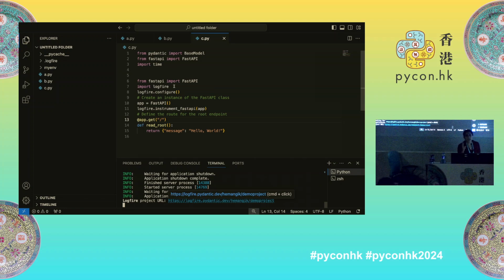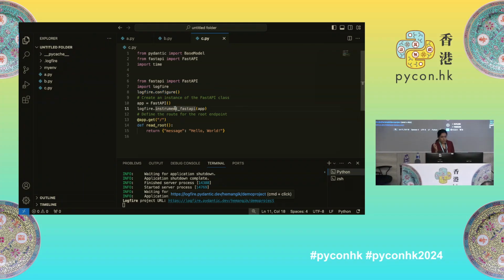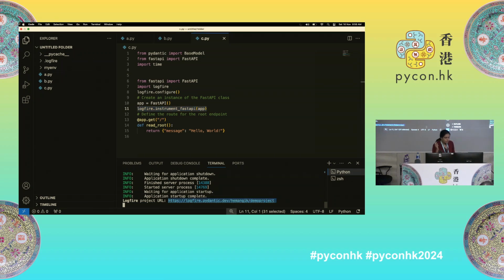Step 2, you'll be redirected to their web UI where you have to create an account. Step 3, simply import on line number 7, import logfire, and initialize it with logfire.configure. There are different parameters that you can add to this logfire.configure, and they have their inbuilt auto instrumentation, logfire.instrument_fastapi_app. And I have this Uvicorn running, so if I simply copy this link,